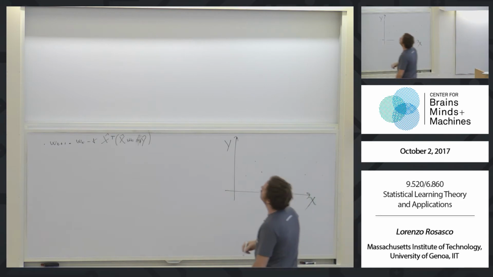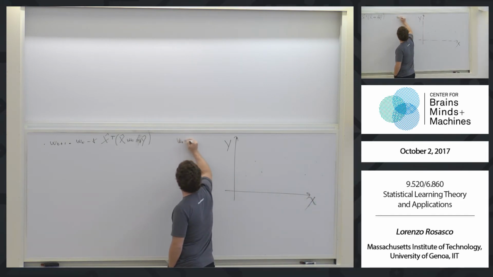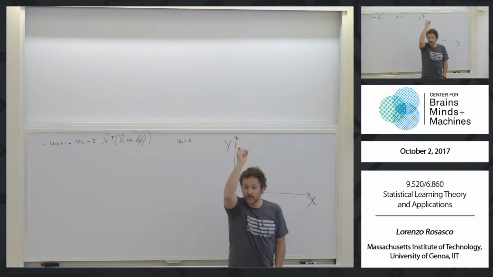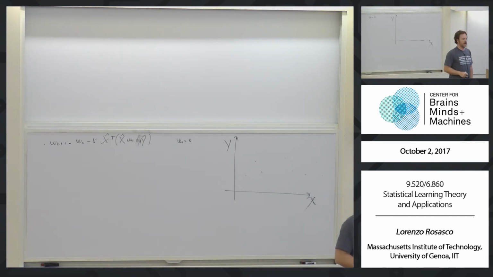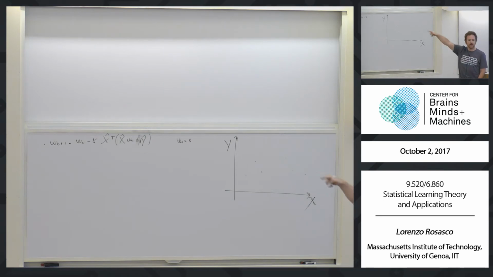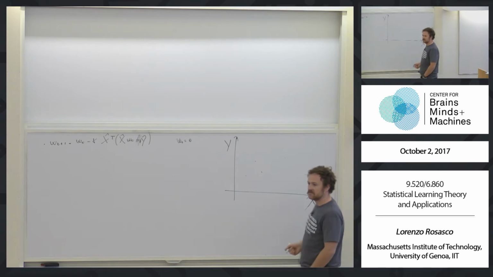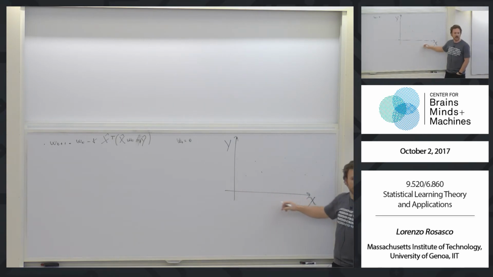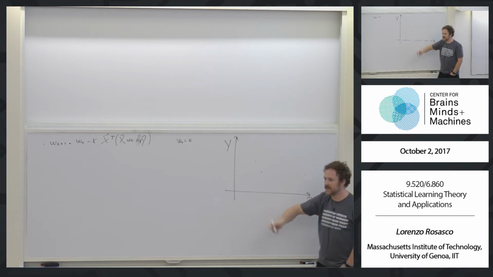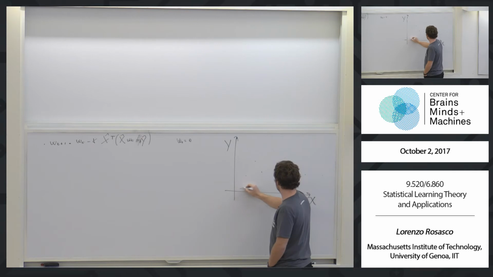I start from w equals 0, the vector of zeros, and then I run that iteration. What's going to happen? I want to draw the corresponding solution, okay? So I run that, and then I plot f of x for a bunch of x's. What do I get? What do you think? At the beginning, you're going to get something relatively simple. And then the guy is trying to fit the data, okay? So it's going to keep on going, and it's going to try to fit the data, try to fit the data. So it's going to go up, then